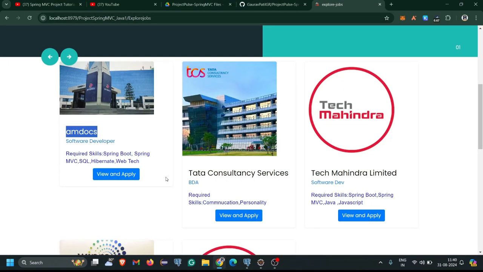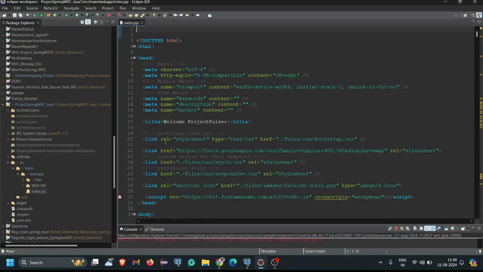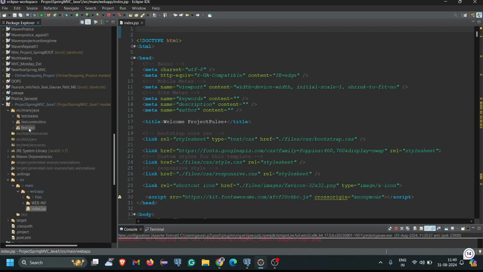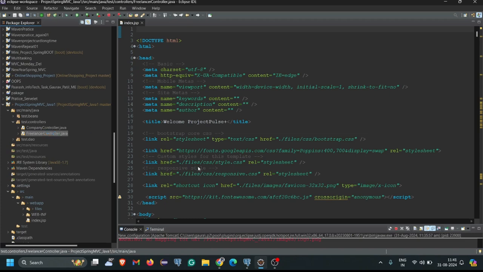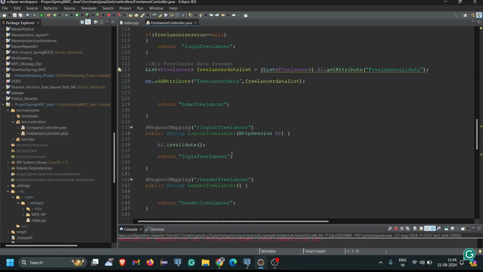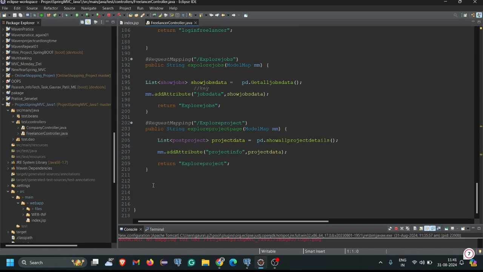First thing we have to do, we have to load one page here so we can show that information. So for that we have to come to our project, and you have to come to our freelancer controller. Here you can see the freelancer controller, and here we have to create one mapping for showing that particular job. Okay, so I'm just creating public string